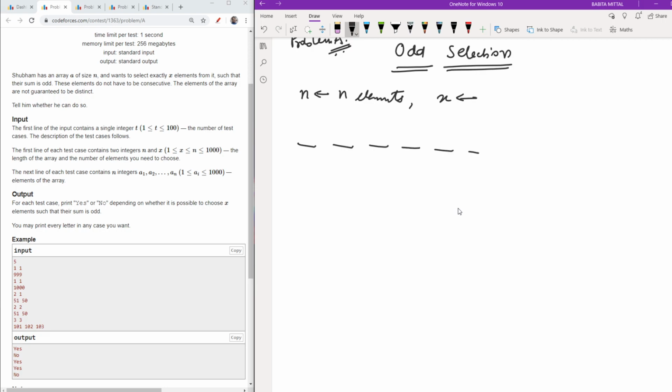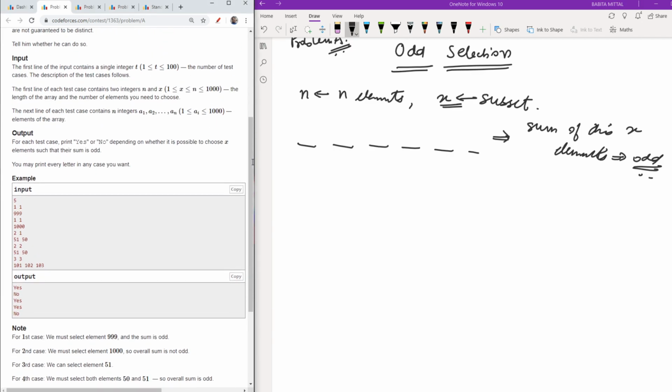We have to make a subset of size x out of these n elements, and the sum of this subset of x elements should be odd. So basically I have to state whether it is possible to make a subset of x elements so that its sum is odd. If it is possible, we print yes, and if it is not possible, we print no.